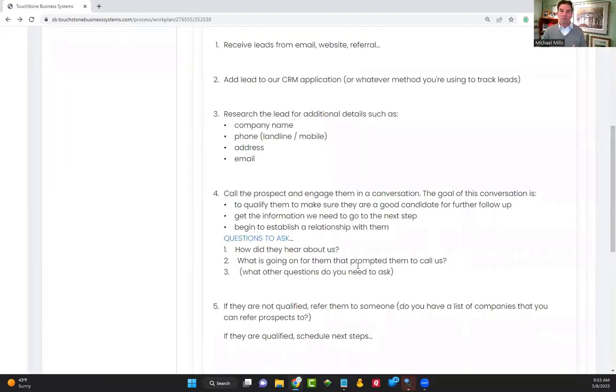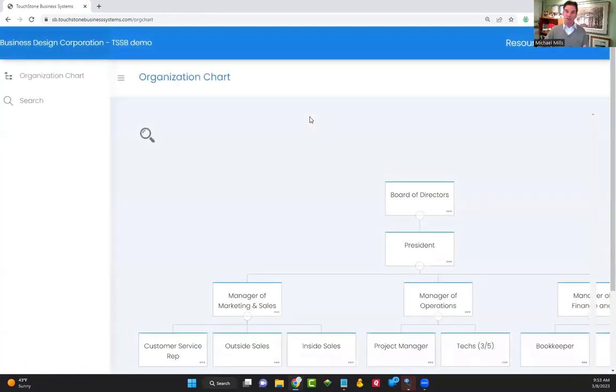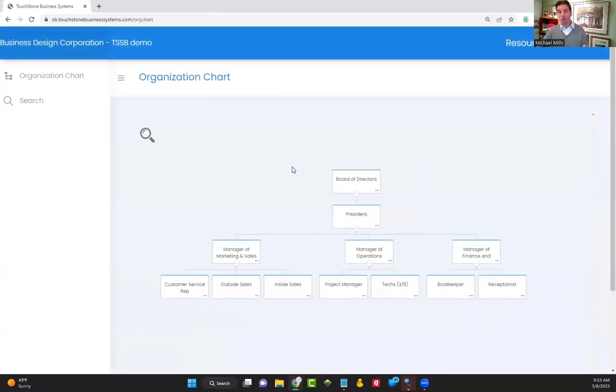So I talk about the importance of an org chart, but one of the reasons that I talk about the importance of an org chart is that while this is a blueprint of your future vision and you can determine who you're going to hire next, it's also dynamic. You're going to be using your org chart to strategically grow your business. You're going to be using your org chart to figure out what do people do, how do they achieve their goals, and